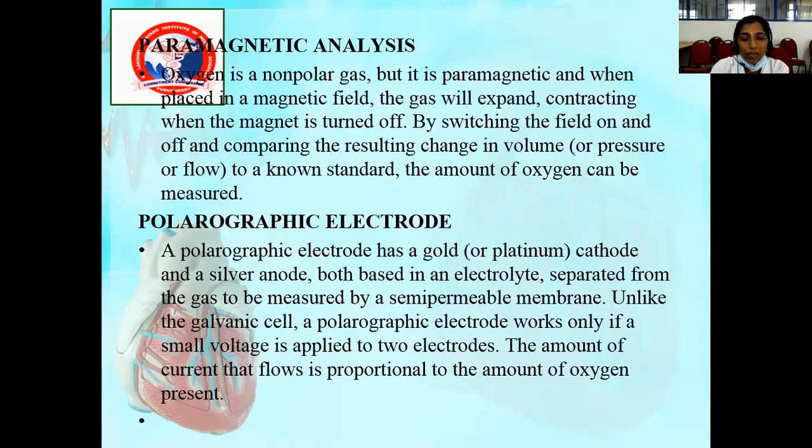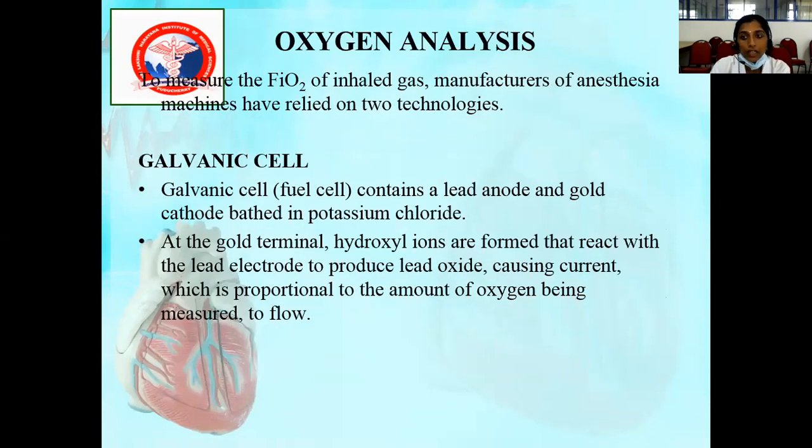So different methods are there. And okay, the other is oxygen analysis. As I told you, in the mixture of gases we are giving oxygen also. So whenever a patient is under general anesthesia, a minimum of 33% oxygen has to be given. We all know at room temperature and pressure, the FiO2 in the breathing air is 21%. But when we are giving anesthesia to the patient, it is our responsibility to ensure that the minimum FiO2 is at least 33%. So that has to be measured by oxygen analysis monitors.